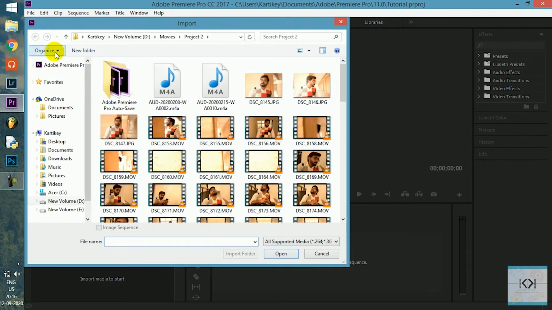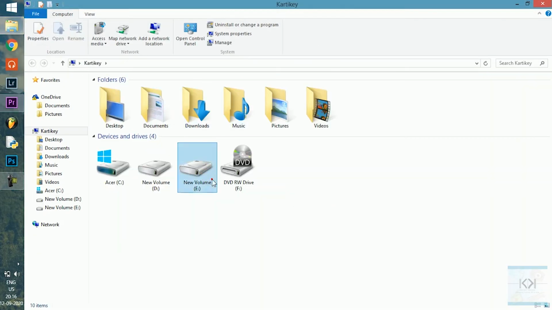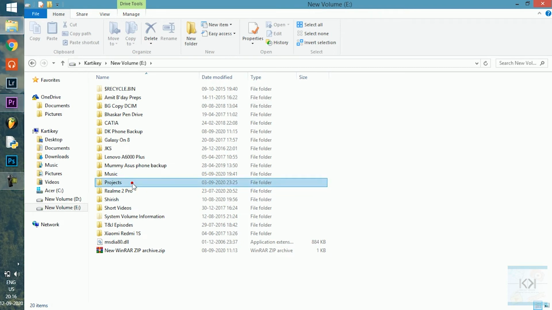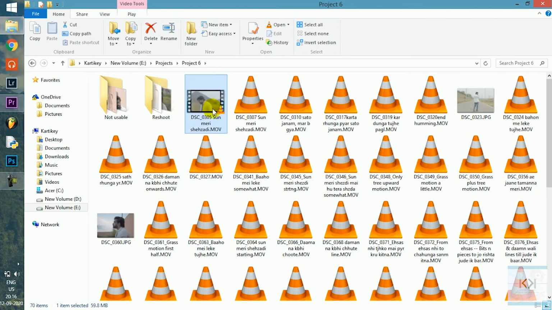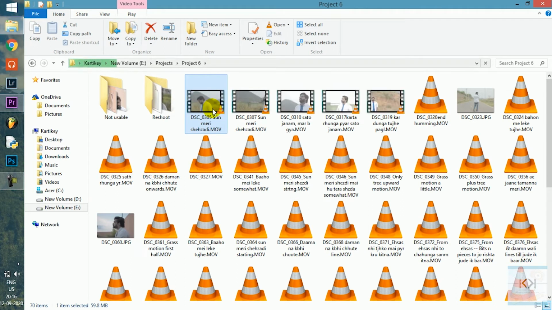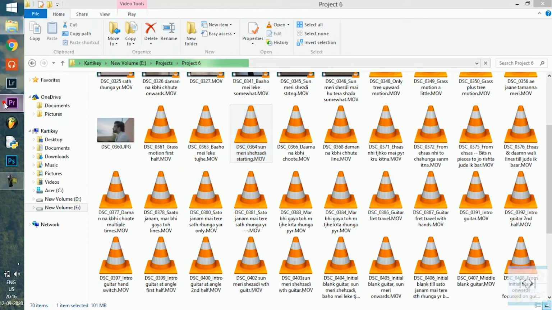You can also simply open the file explorer separately and go to that particular folder, and then as usual with Windows you can select multiple items. As you can see, it has selected 42 items. You can hover it over Premiere Pro and drag it over there. So that's one way of doing it.